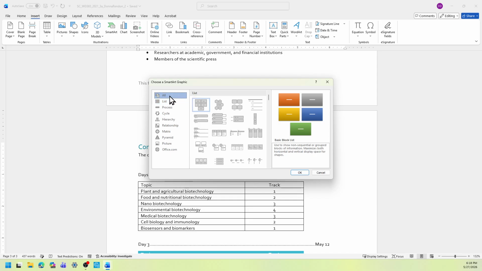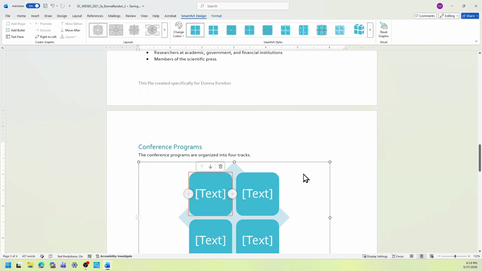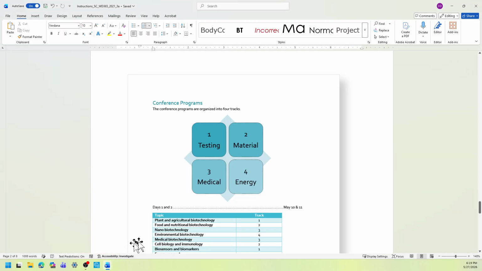So from here, instead of being in the All tab, I'm going to select the matrix tab. And then look for the basic matrix. Okay, so this here is the basic matrix. As you can see, it's called basic matrix. Click OK. Then back to the instruction.